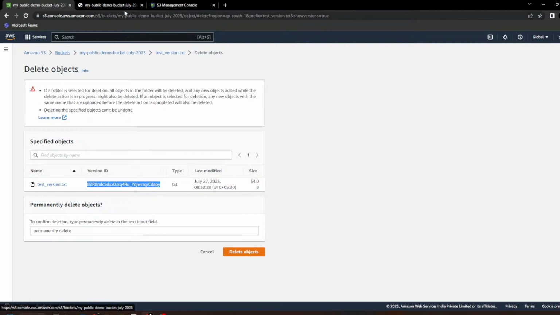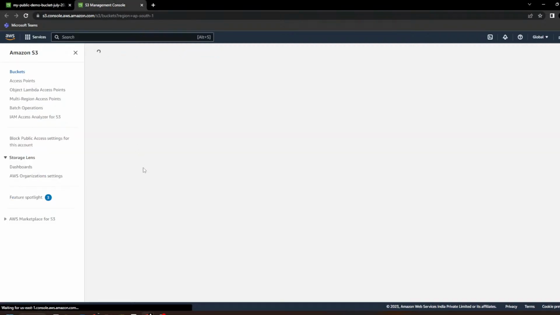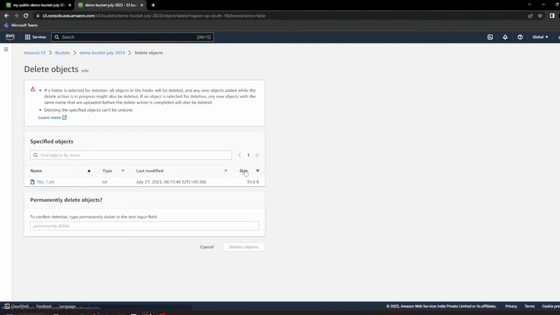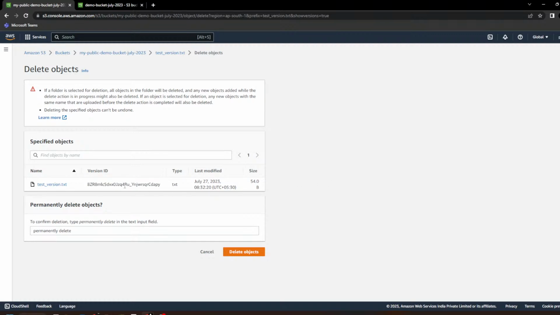Go to the other bucket, the old bucket without versioning. This is my bucket without versioning. If I delete this object, now you can see there is no version ID. But if you go here, it is showing the version ID. Why? So to make you aware that you are just deleting a single version of the object, not complete object. You can verify the version ID as well, that you are deleting proper version ID or not,